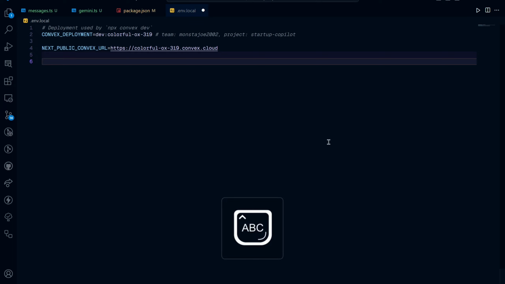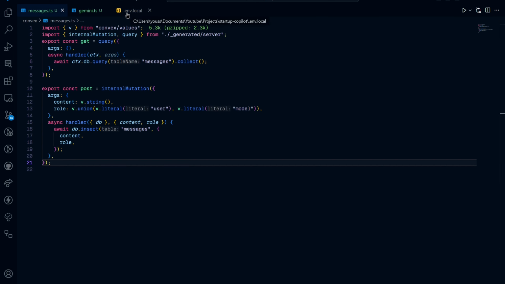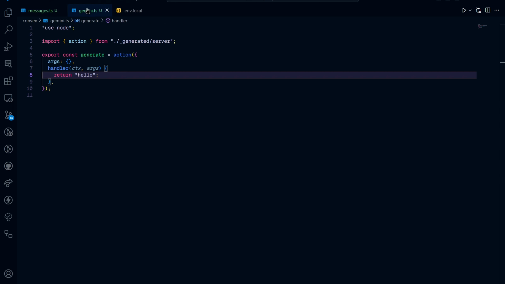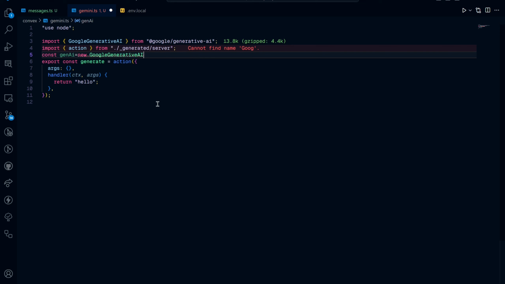And then right here, we're going to give this Gemini API key, and then paste the API key right here, and then click save. Now, we don't just create a new generative AI. I'll show you what I mean. So first, let's go ahead and create a new instance of genAI equal to new GoogleGenerativeAI,